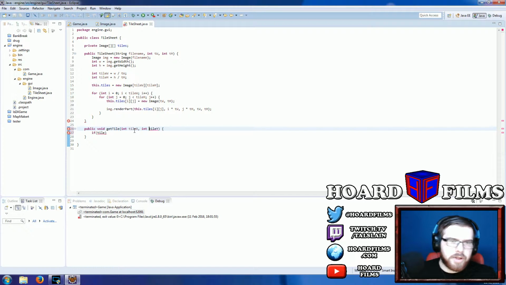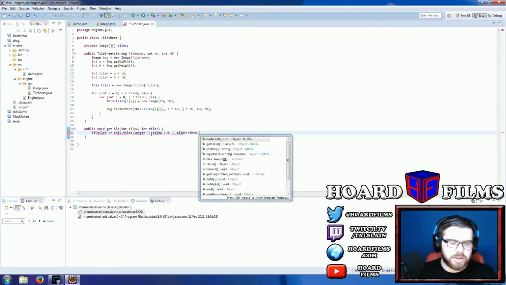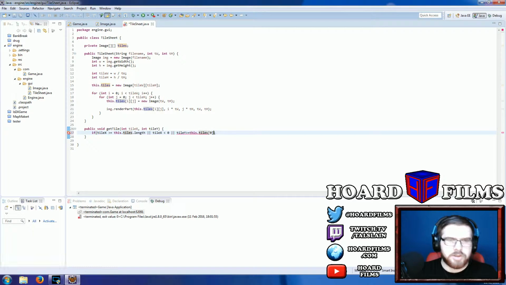So now what we're going to do is if tile x is greater than or equal to this dot tiles dot length, so that's our x value, or tile x is less than 0, or tile y is greater than or equal to this dot tiles 0 dot length, or tile y is less than 0,